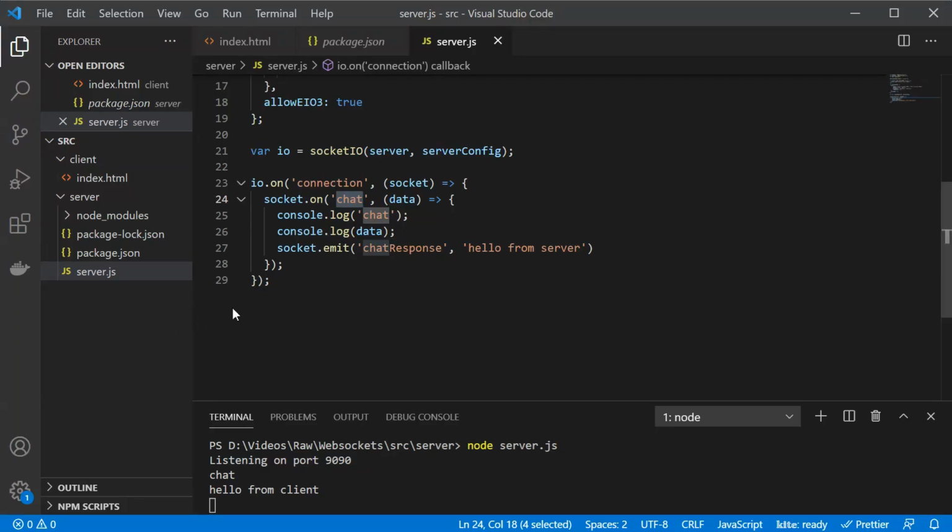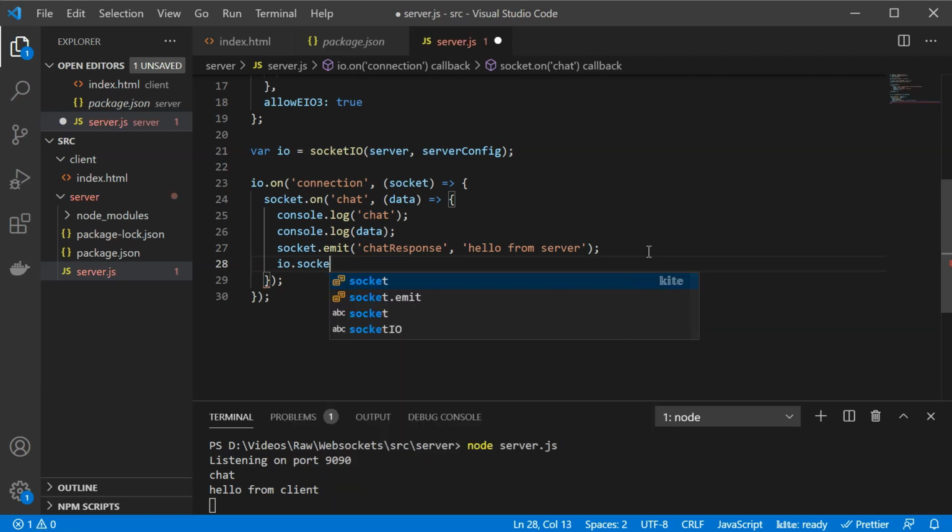When a socket connects, it is automatically added to a room with the socket ID, but we can add it to rooms and send back to certain sockets. So for example, this socket emit is going to send a response to exactly the socket where the request came from. But let's say we want to send this, for example, to the first client, then we would use something like io.sockets